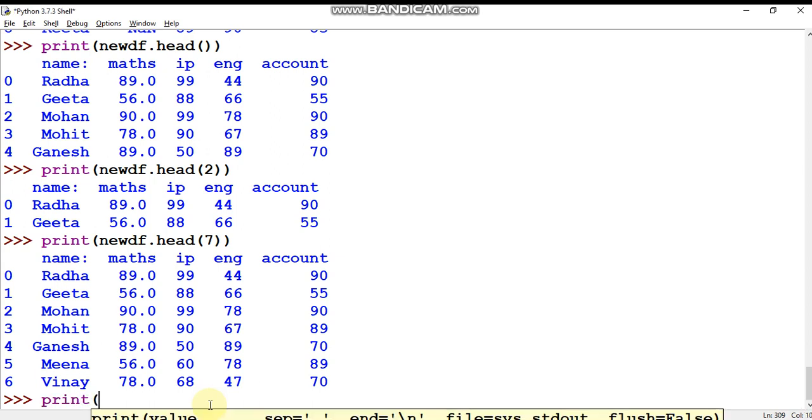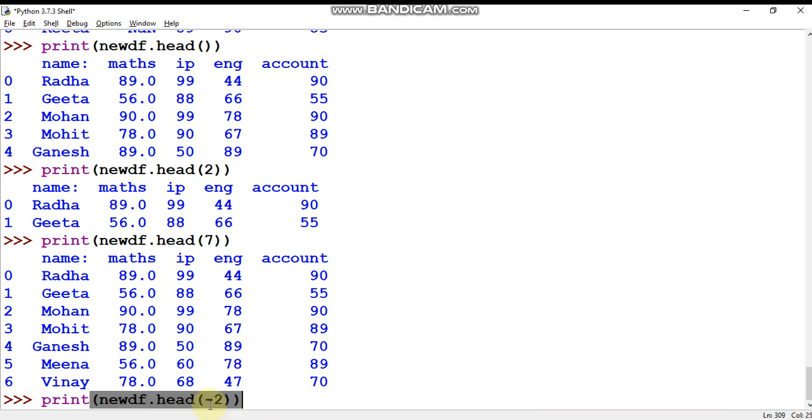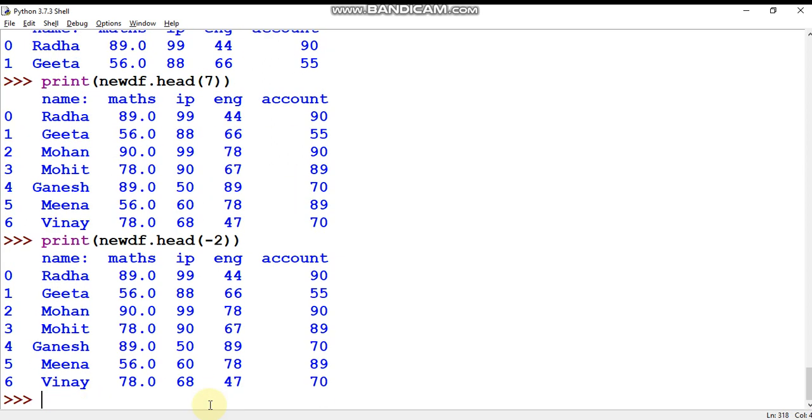Now one very important thing: if I pass any negative value as a parameter of the head function, what will the result be? First see the result and then I will explain.